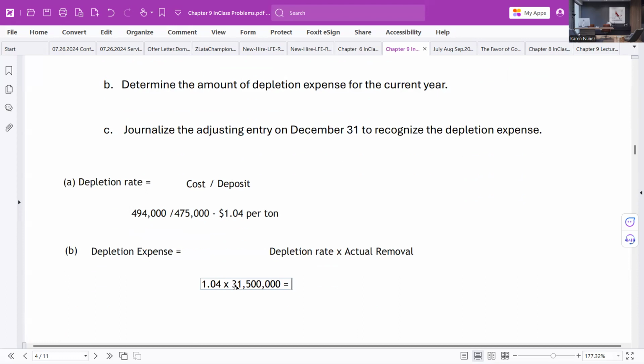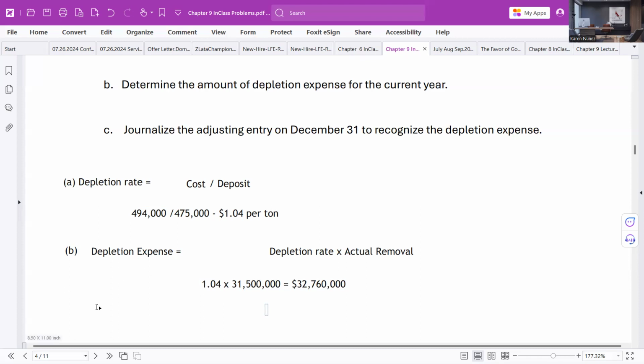That means the depletion expense should be 32,760. That's the amount of the depletion expense